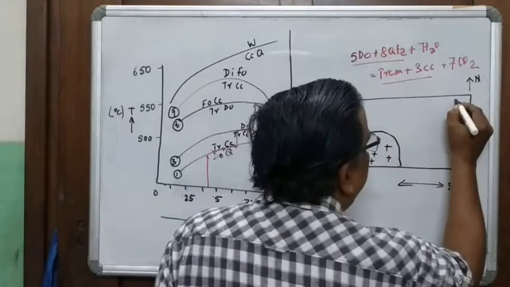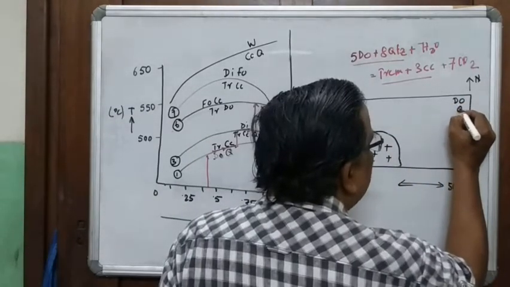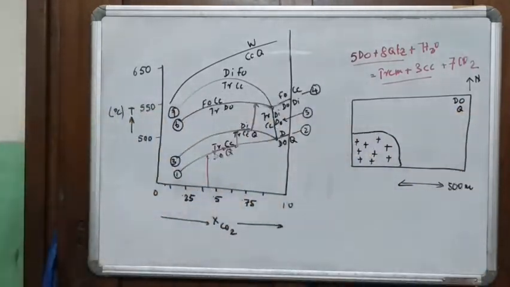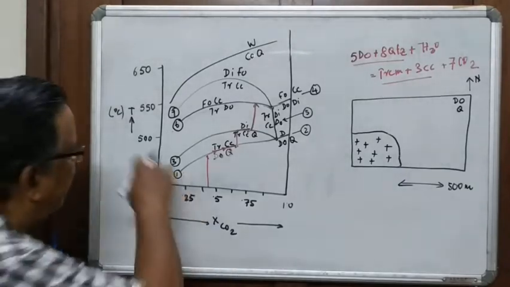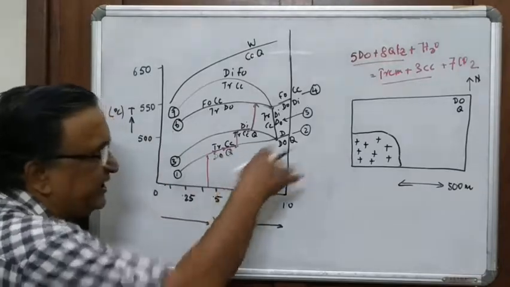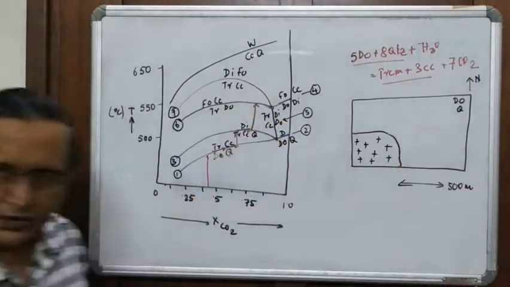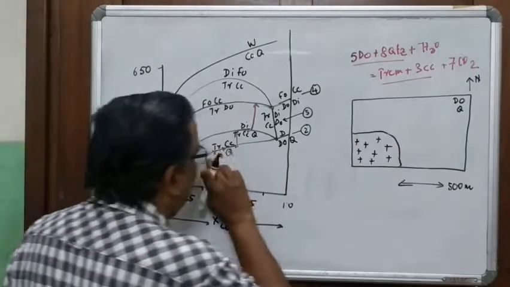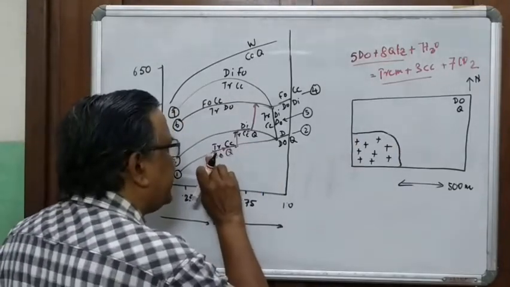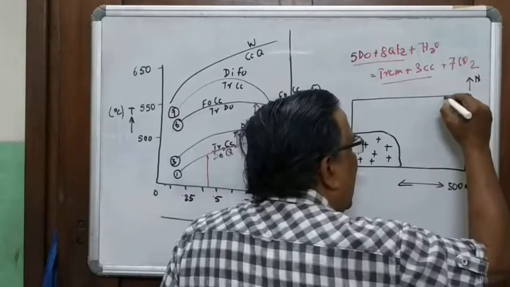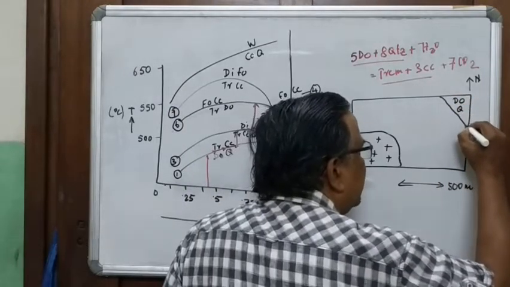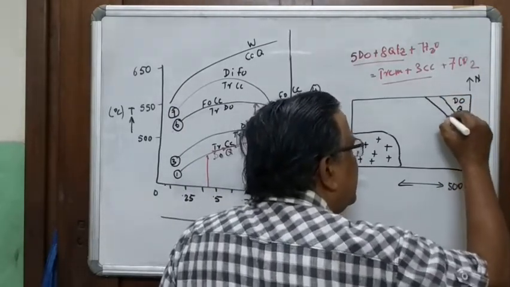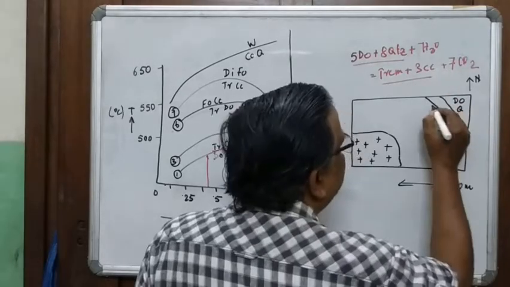Say for example, here you will have dolomite quartz, right? Dolomite quartz will be where the temperature does not go above, say 500 degree or 470 degree, you have dolomite and quartz. Then you can see in the rocks that experience this, you will have, say for example, an assemblage here and an assemblage here, and this will have